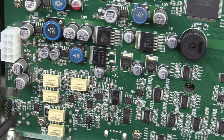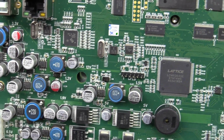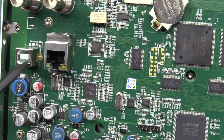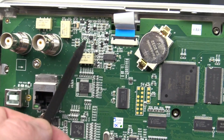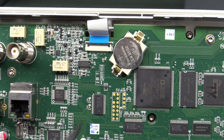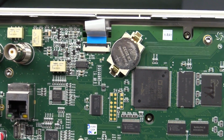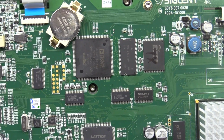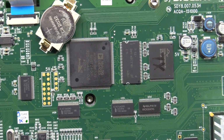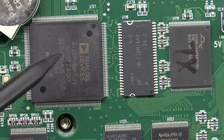There's all your output amps and everything else, but all your power supply is tucked around in here, and there's your Ethernet and USB stuff, by the way. I won't bother showing you that, or your trigger out circuitry and stuff like that. Nothing fancy-pantsy. That'd be going off to the keypad front panel. And Bob's your uncle. Couple of line drivers here and level converters, but there's our main application processor, the Analog